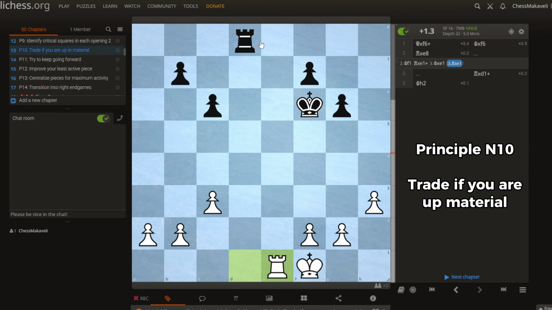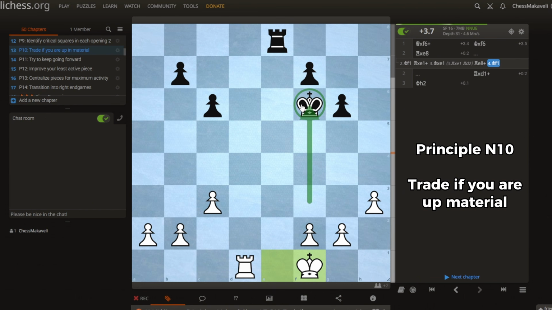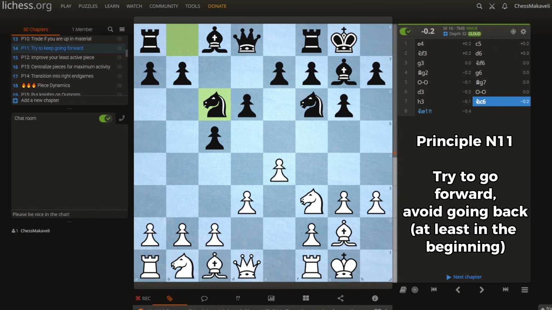We don't want to take with the rook because, as we said, that allows the rook to get active, but we can take with the king, and then we can move the king if we have to, and now we are still very active, and we have successfully managed to trade off a pair of queens and also a pair of rooks. So principle number 11 is going to be try to always go forward and try not to go